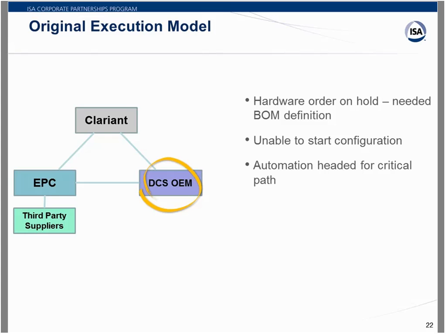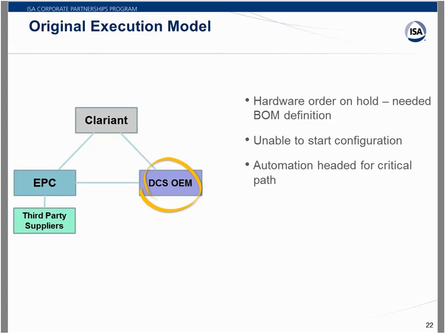And in a lot of cases, and in this case as well, the DCS OEMs use offshore low-cost engineering centers. In this case, it was located in India. And those offshore engineering centers really don't deal well with ambiguity. Their culture is such that they like to have things defined and in a language they can understand. And that was not happening in this case.